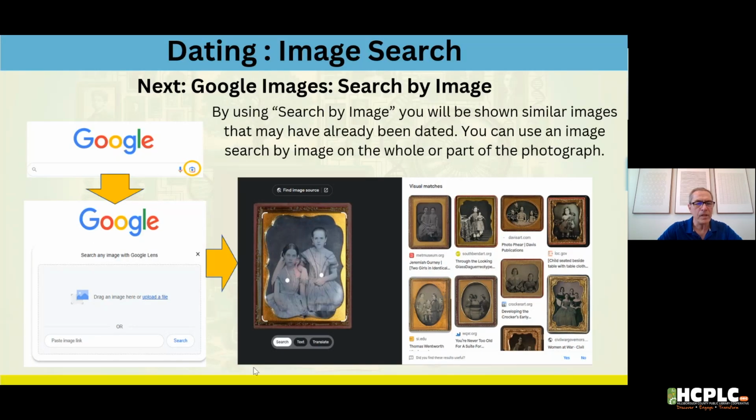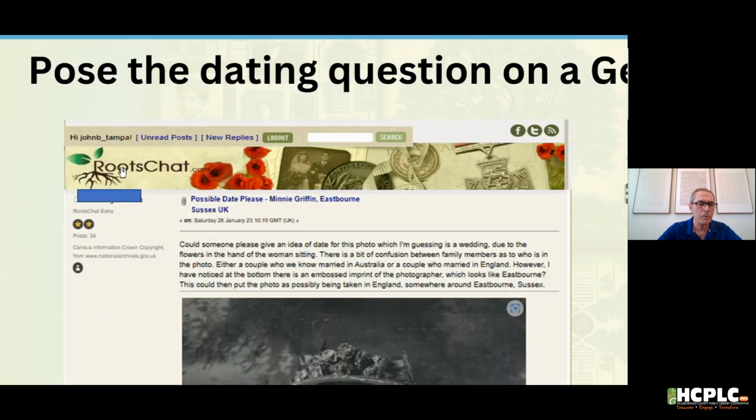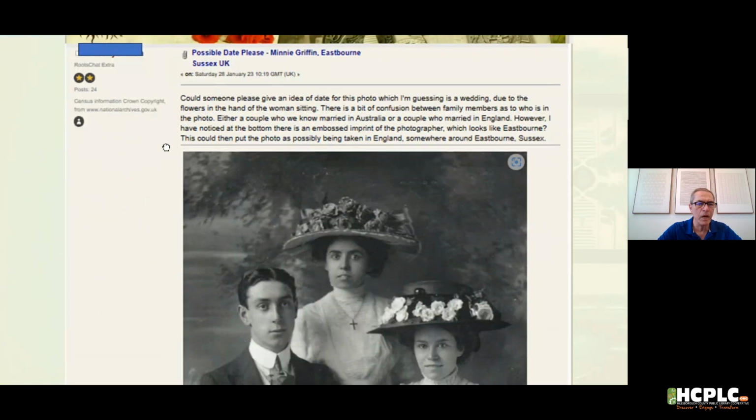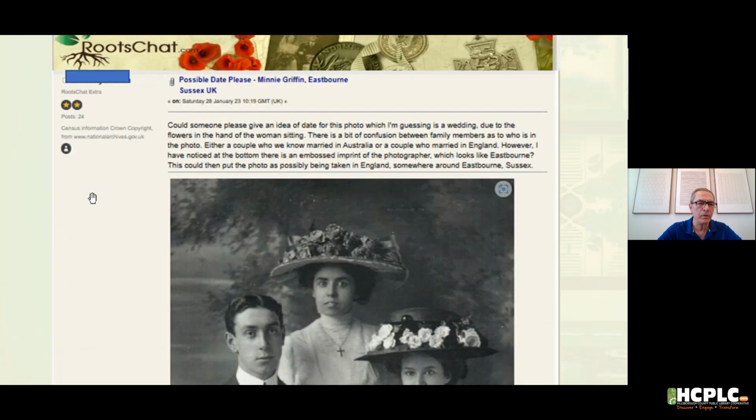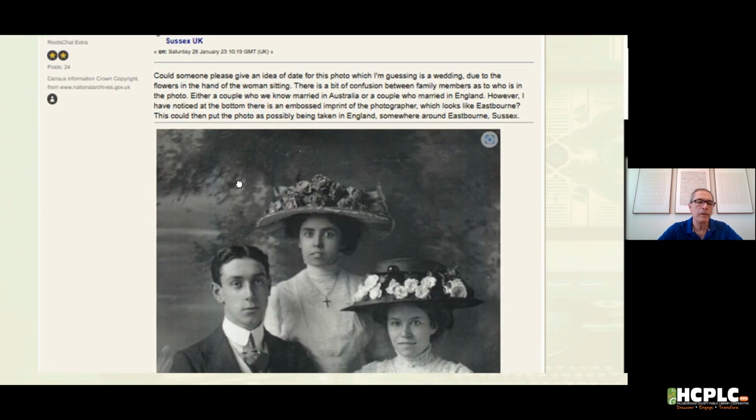Now, the next step is beyond all that. If you're having trouble dating your photographs, there's lots of help out there, and two places we can go to. MyHeritage, which is a paid site I use all the time. We also have Roots Chat, where we can upload a photograph, and you see this happening all the time. Could someone please give me an idea of the date of this photograph? There's always dozens of people willing to help. And then even on